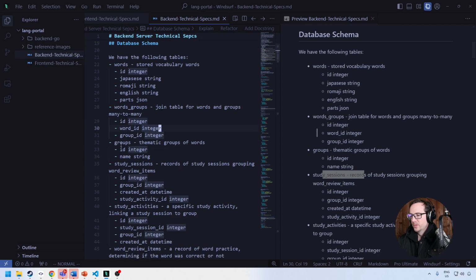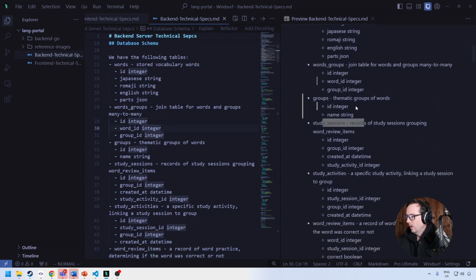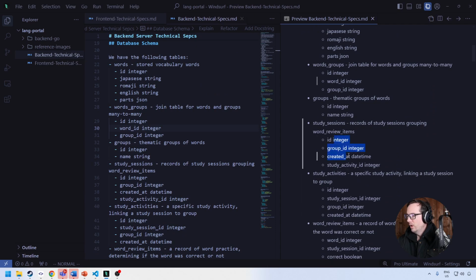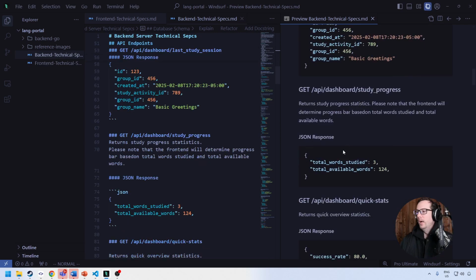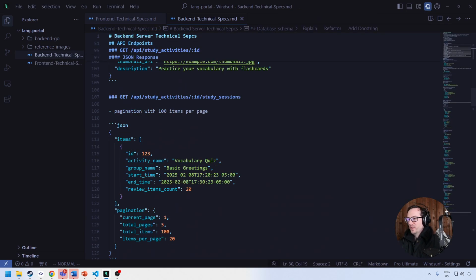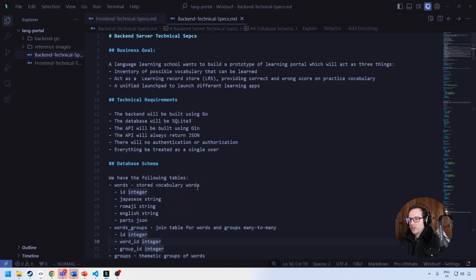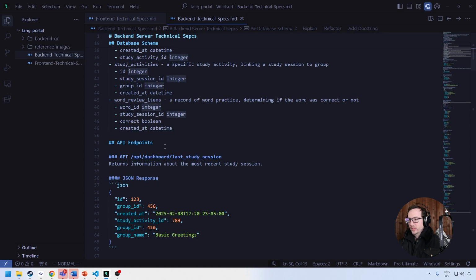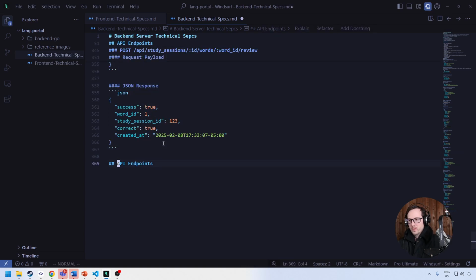Words, word groups. Oh, I think we might be missing. Oh no, they're here. Okay, it's just a bit hard to see. But we have our API endpoints, right? But we might want to have some background tasks. So I'm going to go here and background, or it's just like